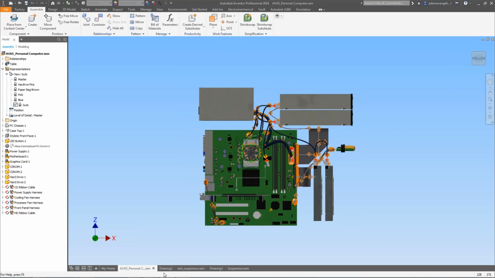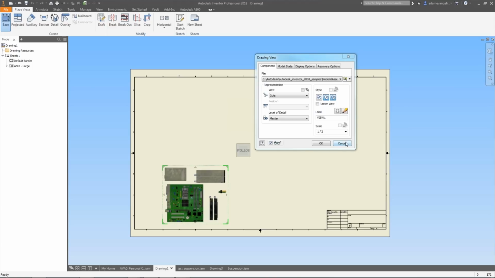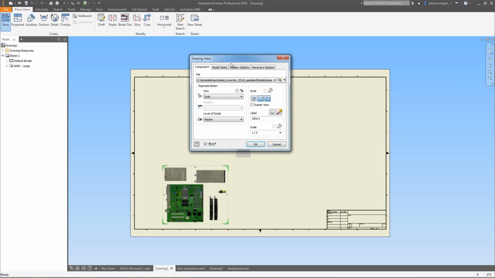And so, like I said, I have a drawing open right now. I saved my previous one. It's now saved as AVA5 personal computer. I'm going to drop in a base view. It's going to load in a bit. You can notice that there's no error this time around. You'll notice when you bring in a design view, you get this drawing view